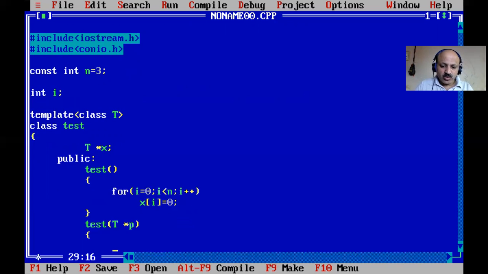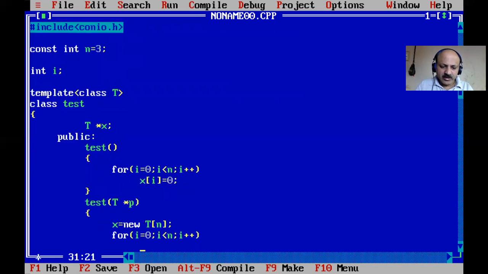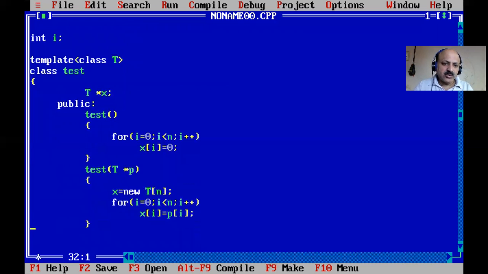So any data type is converted, and we can assign it to our 1D array. But first we have to take the new operator for dynamic allocation. That is also type of T, and then you can pass the n. So that is dynamic memory allocation. So i less than n and i plus plus. So now we can assign x of i equal to p of i. That is passed in main. So that 1D array assigns every element. And now